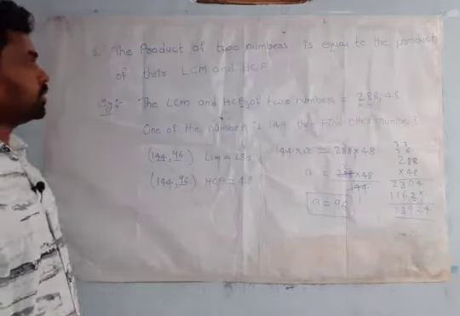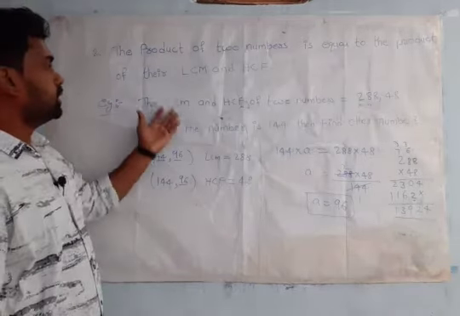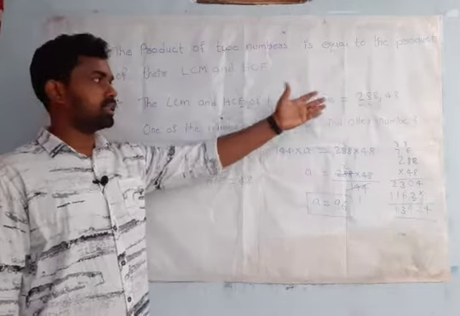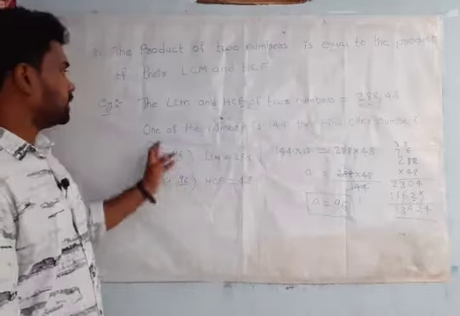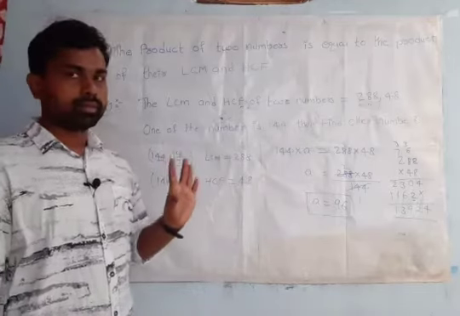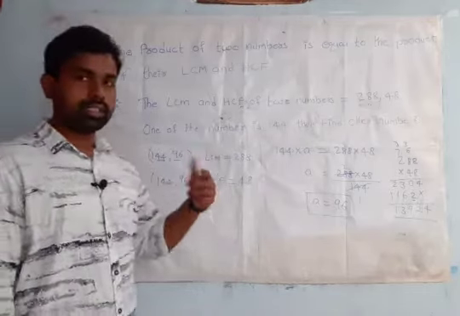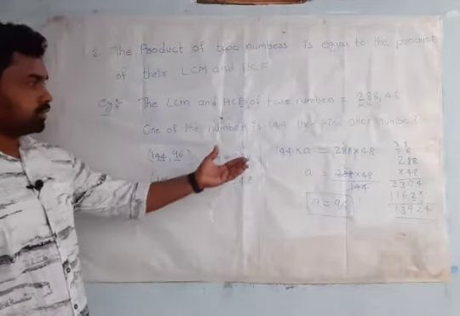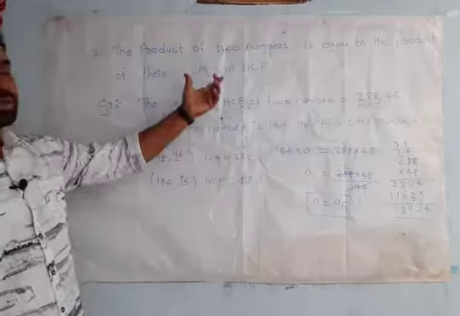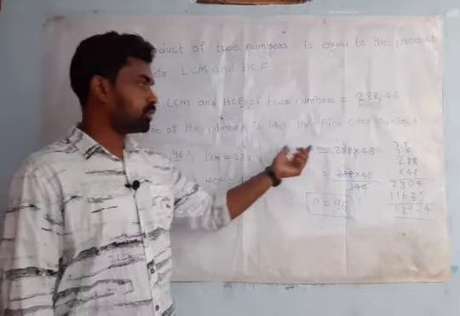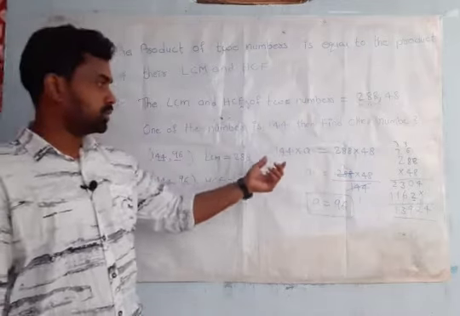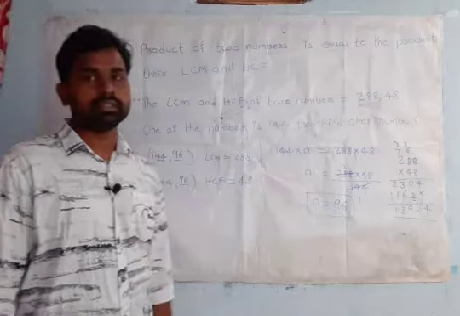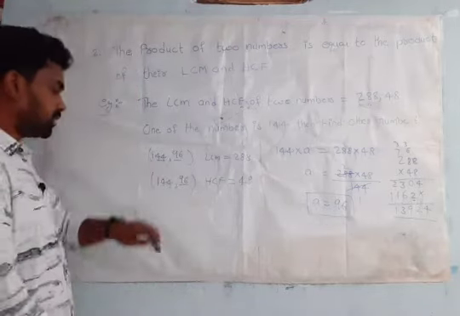Only one problem. Suppose they give the LCM and HCF of two numbers, that is, one LCM and one HCF, and they give one number and ask you to find the other number. Initially the other number is unknown. So what do we need to do? We have to follow this rule: the product of these two numbers is equal to the product of LCM and HCF. By using that rule, we can find the other value. So I got 96. Understood? This is how we have to do.